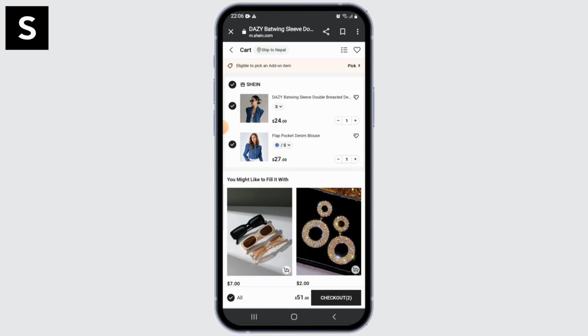By following these steps, you should be able to add items to your cart and successfully complete your purchase on